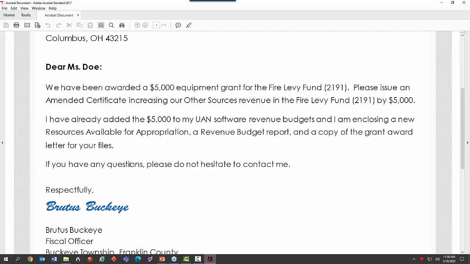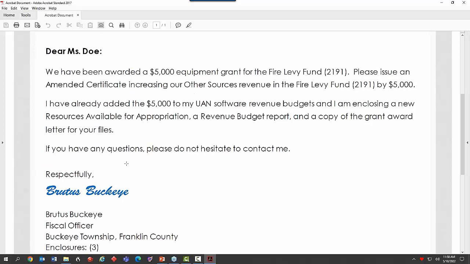So some counties are very lax. You send them the email that says, give me this, they'll give it to you. And others want more documentation. So I've kind of given you an example of the far end of that, and you can back it down to what your county requires. It's really simple. I signed a letter, I faxed it over, and with those documentations. So how do I do these things, and where do I get these reports, right? So whether you put the revenue budget in when you're requesting, or whether you put the revenue budget in after you receive it, the software will let you do that either way.